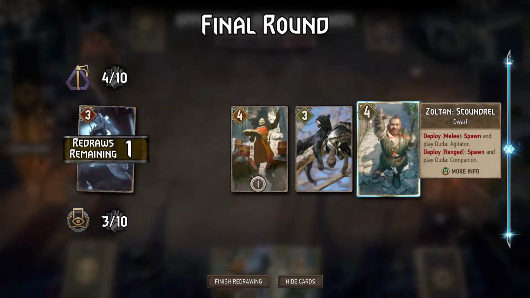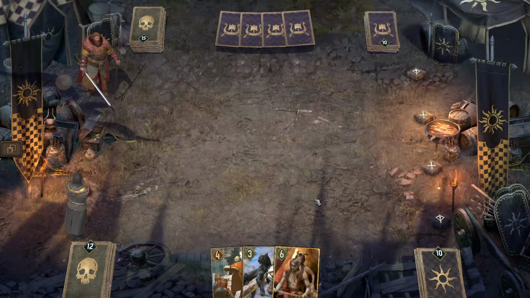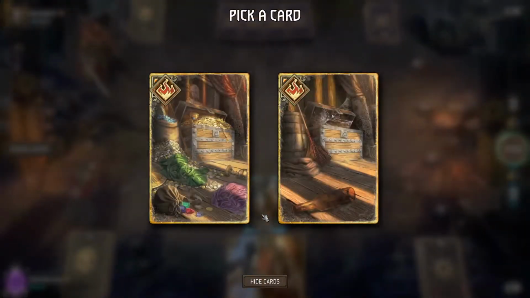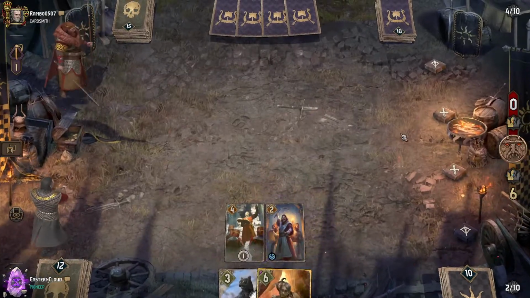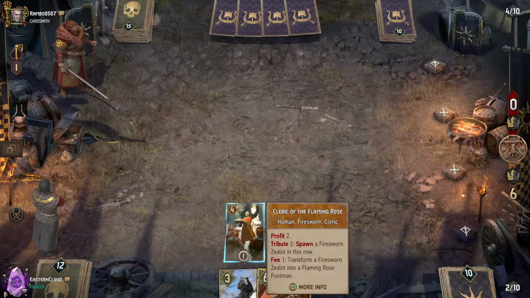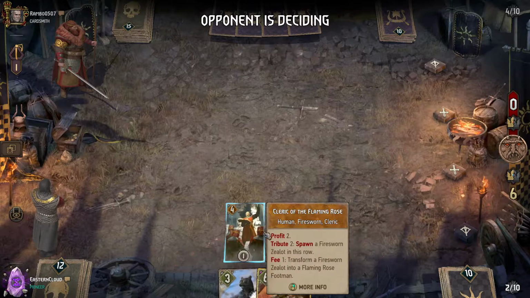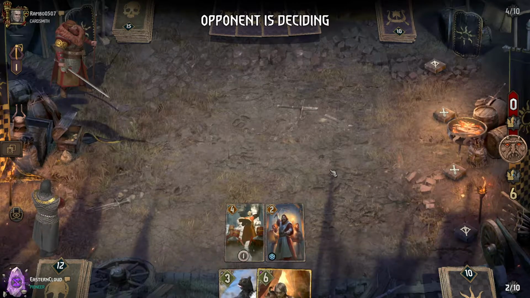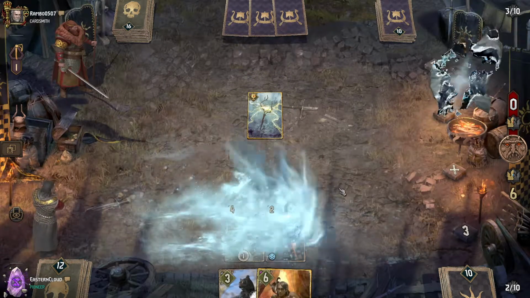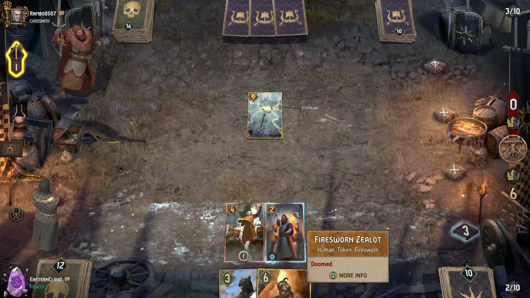You can go first. I was hoping to draw the Foglet there, I was hoping to draw Alias and the Foglet, but not gonna be the case, yeah. So we'll just play out the Cleric, probably do some bleeding with the Panther, and then Alias the Zealot. Alright, we'll just Alias the Zealot, so...